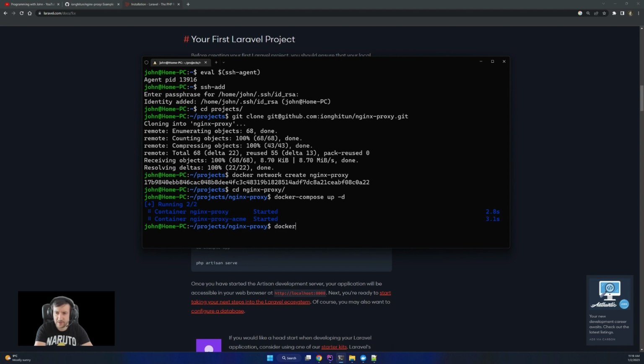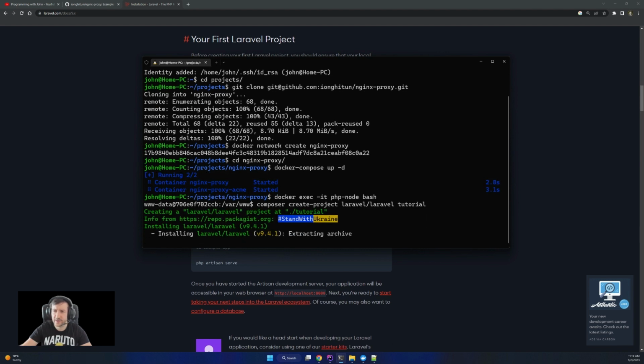If we exec into that PHP container with bash, we'll go to /var/www inside the container, but this is mapped to the projects folder like I showed you last time. So if we run composer create-project laravel, and let's name it tutorial.